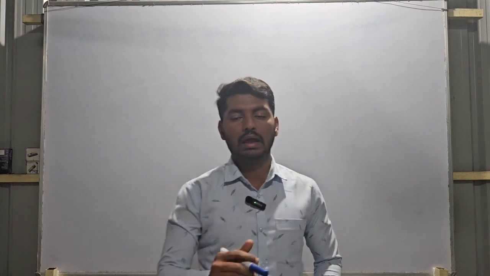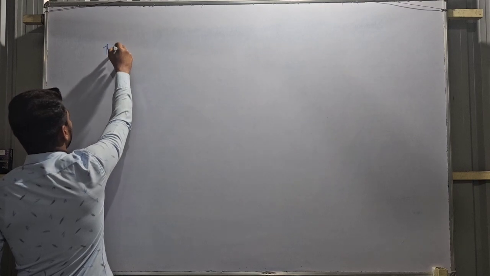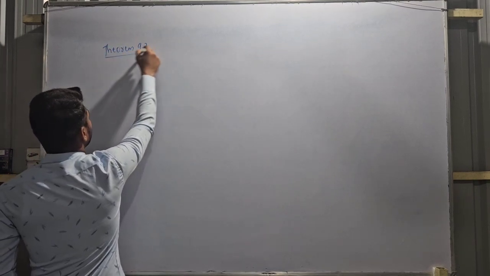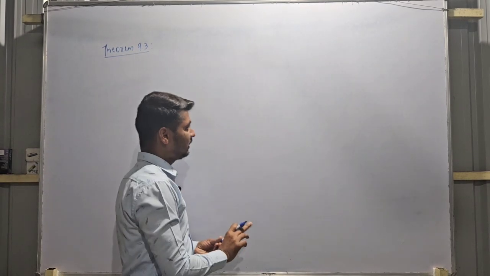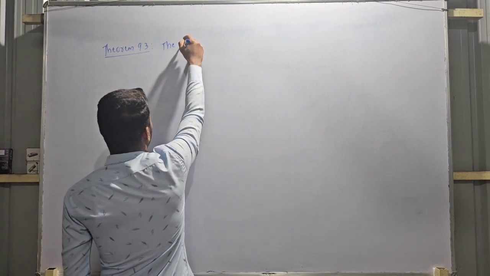Okay, now we will have theorem number 9.3. What does theorem number 9.3 state? See, in 9.1 and 9.2 we discussed the angle subtended at the center of the circle. So now 9.3 states that the line or the perpendicular